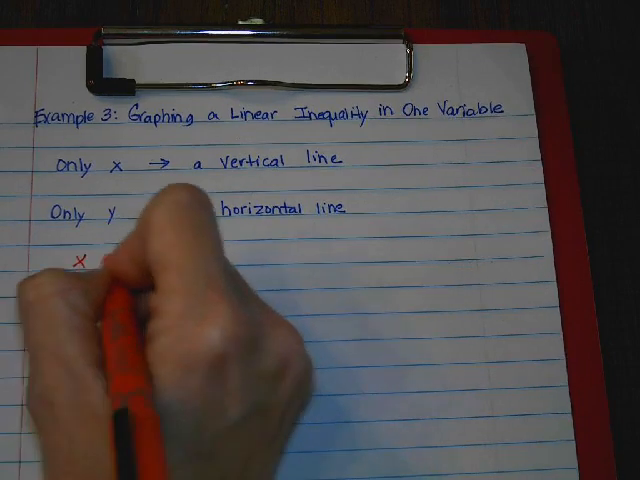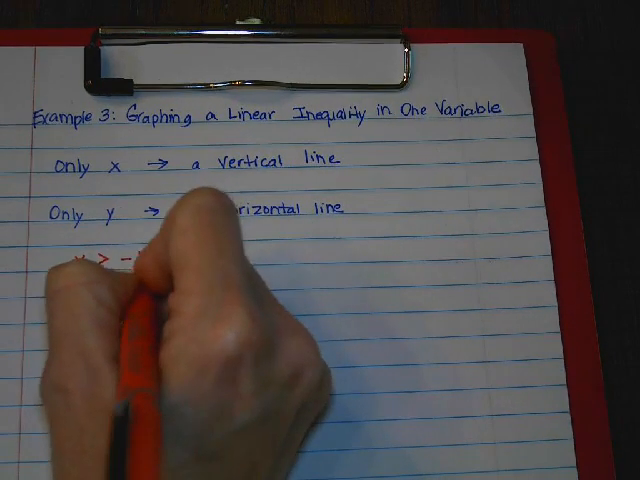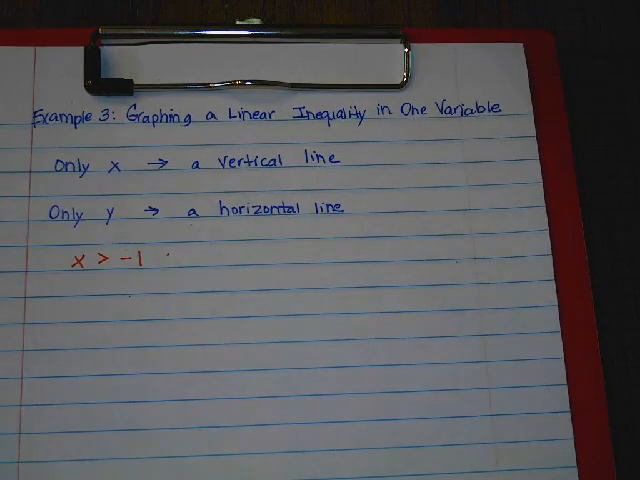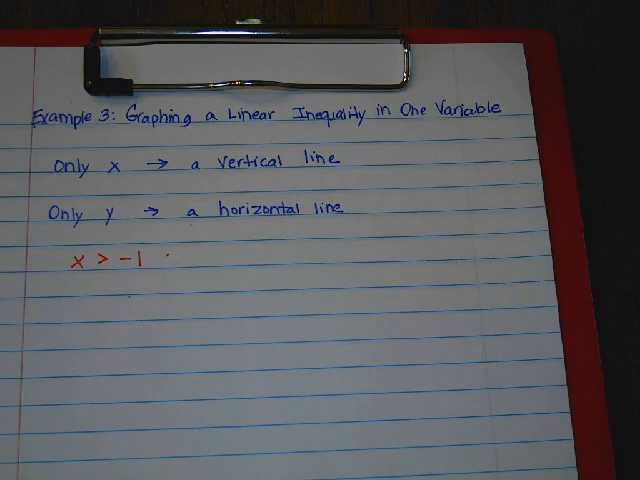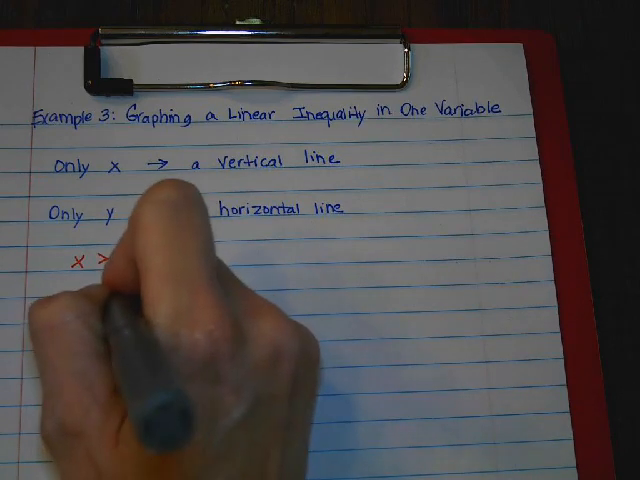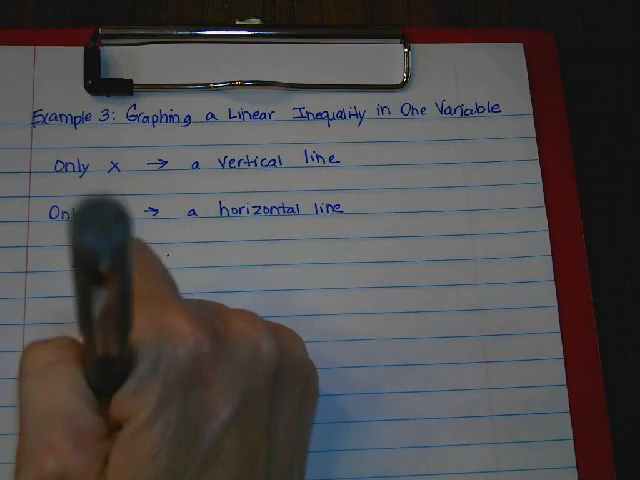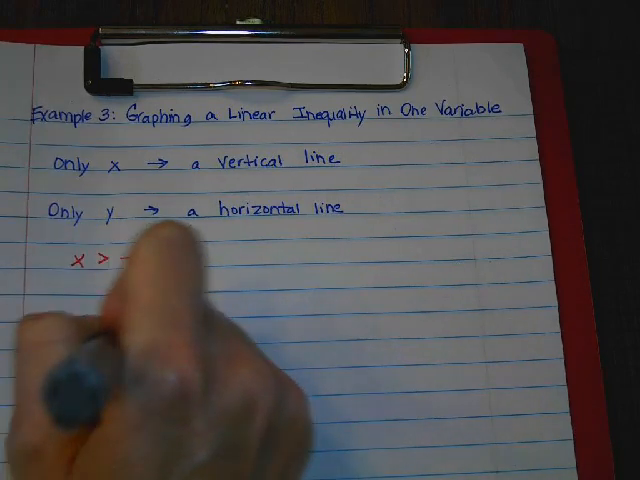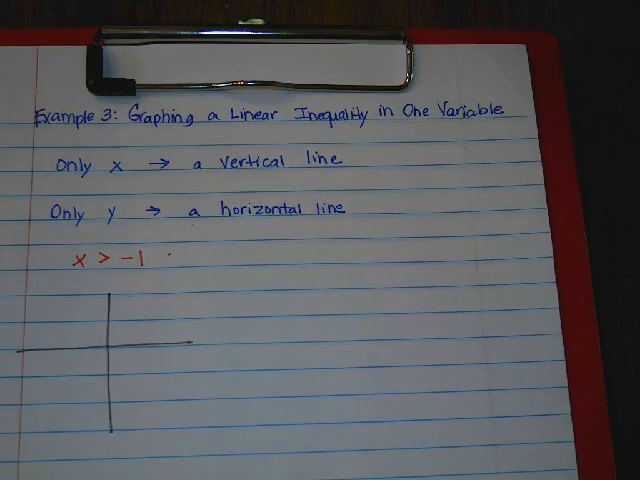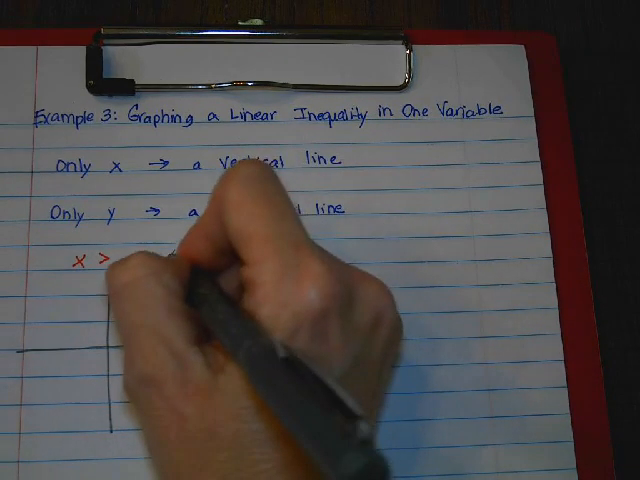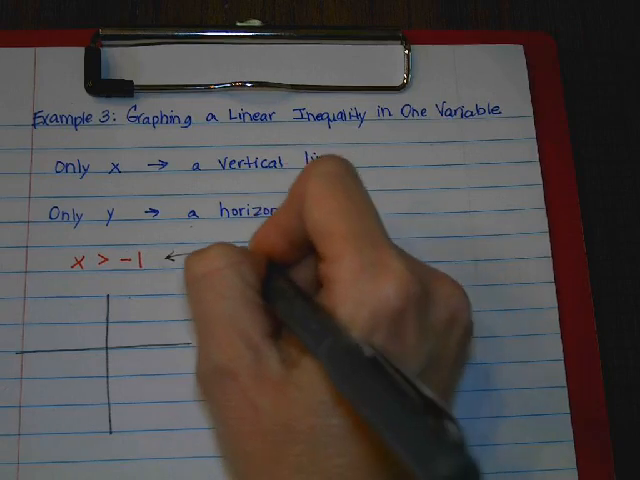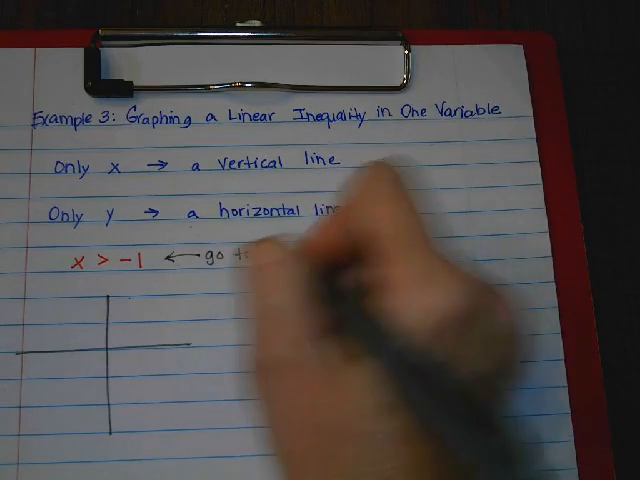It says x is greater than -1. So again, we only have the one variable, which is -1. And with these, you don't really need test points. You're just going to use your understanding about a number line. So I'm going to put our little graphing here. There's our coordinate plane. When you only have one variable, you're going to go to -1